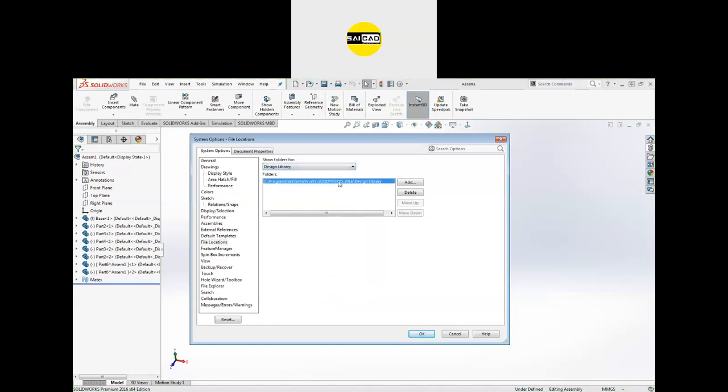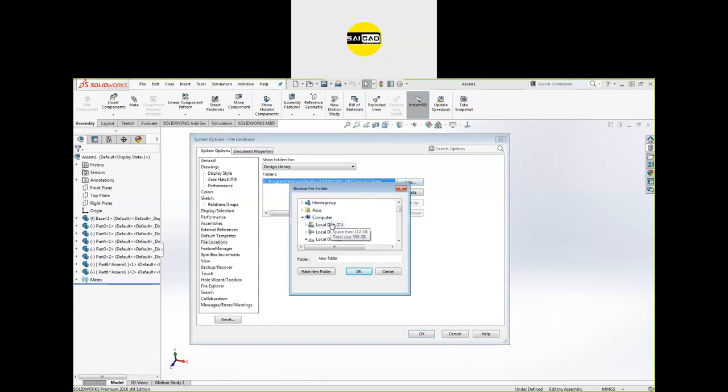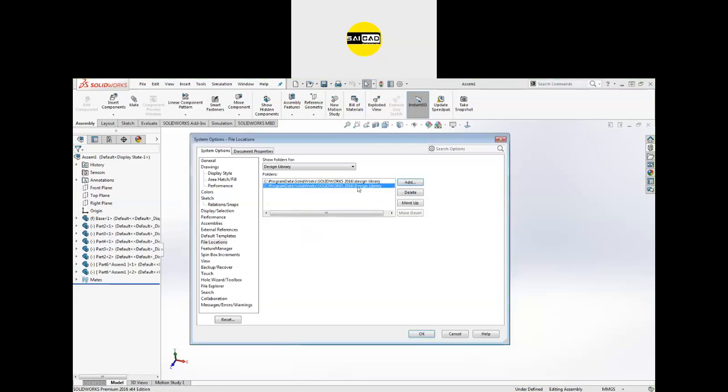You can see we have the location right now. You can add a new location from here. Go to that location and you will be able to add your file from there. So go to Program Data again, go to SolidWorks again and select the version. Select the design library. Click OK and the new location will be added like that.